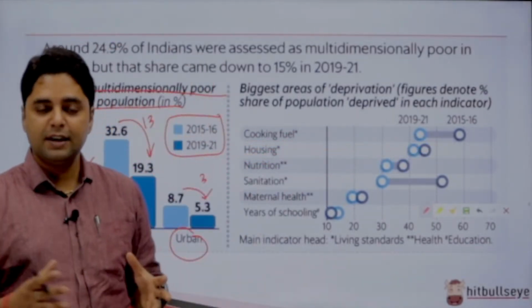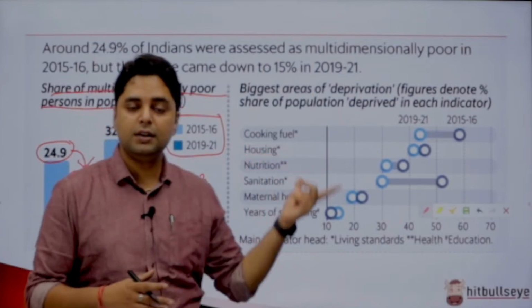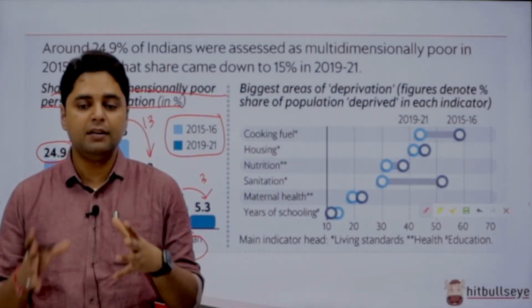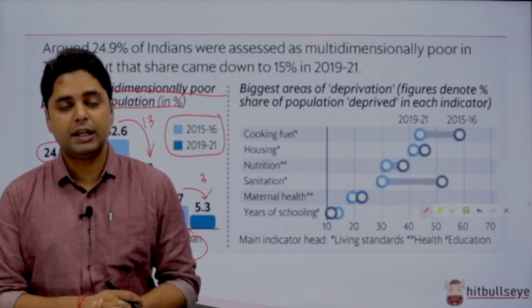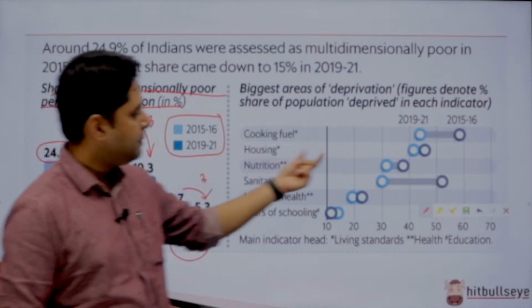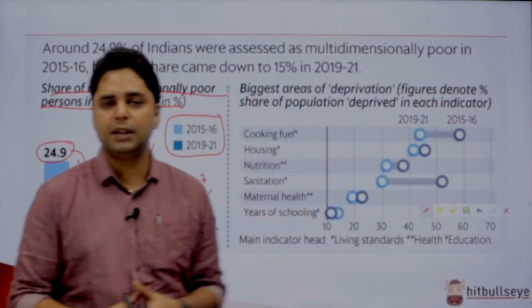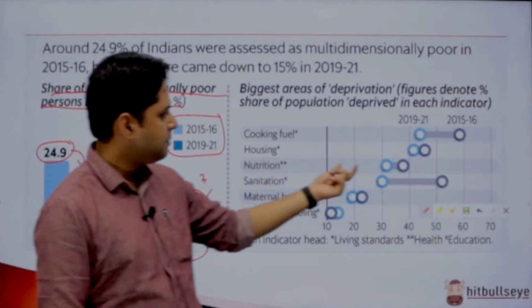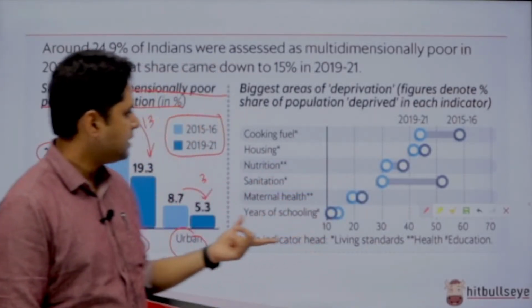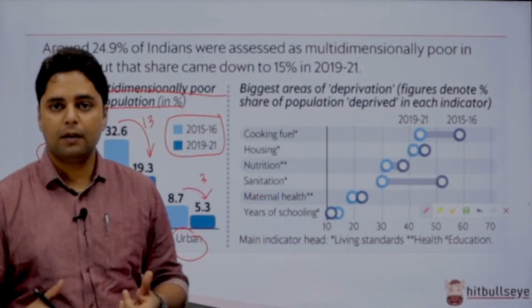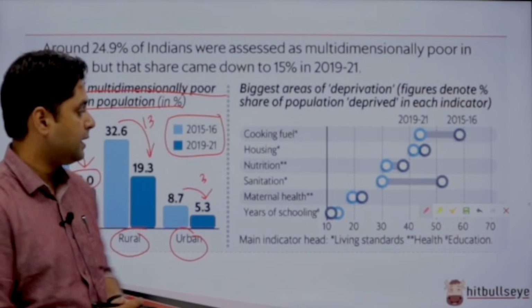सो विच स्कीम वाज देयर गवर्नमेंट ऑफ इंडिया? इट वाज द प्रधानमंत्री उज्ज्वला योजना, अंडर विच अप्रोक्सीमेटली 9 करोड़ फ्री ऑफ कॉस्ट एलपीजी कनेक्शंस वर डिस्ट्रीब्यूटेड. देन हाउसिंग, हाउसिंग में भी हमने थोड़ा सा इंप्रूव किया है, प्रधानमंत्री आवास योजना इज देयर. देन न्यूट्रिशन में भी थोड़ा सा इंप्रूवमेंट है. सो दिस इज बिकॉज ऑफ द पोषण अभियान.